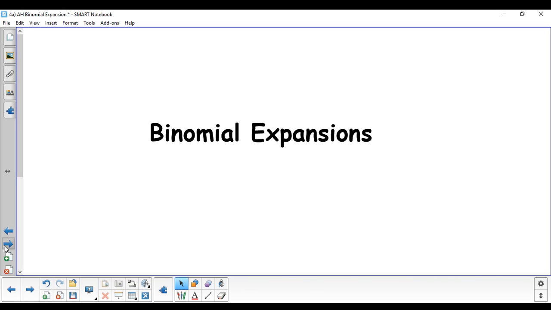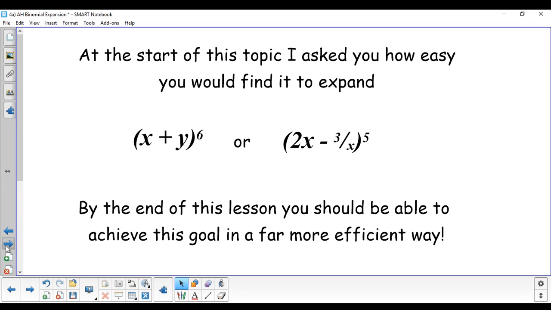Binomial theorem. We are now going to look at expanding brackets using a thing called binomial expansions. At the start of this topic, you were asked how easy you would find it to expand these. Well, you found you had to use a multiplication grid and it was very onerous, so now I'm going to show you a different technique. By the end of this lesson, you should be able to achieve this goal in a far more efficient